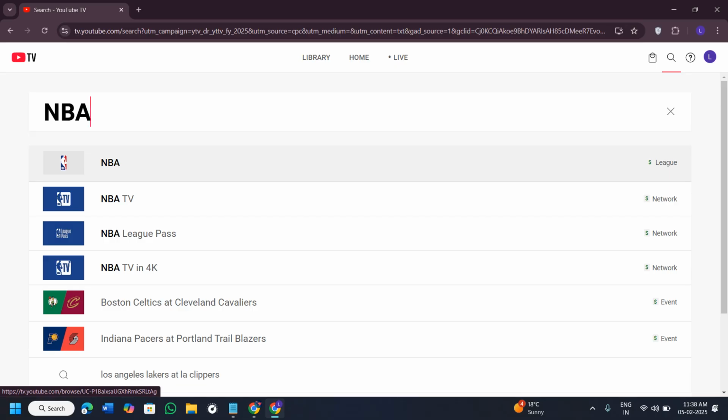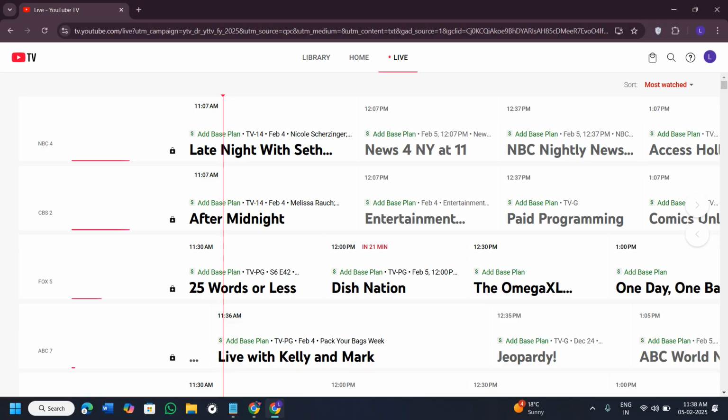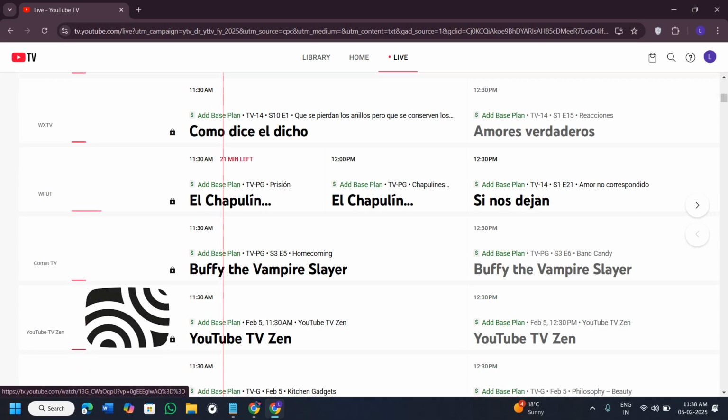In the second method, what you can do is you can simply press the live option here in the top, and now it will show you all of the channels. So you can use the arrow keys, or you can scroll on your remote in order to navigate through these